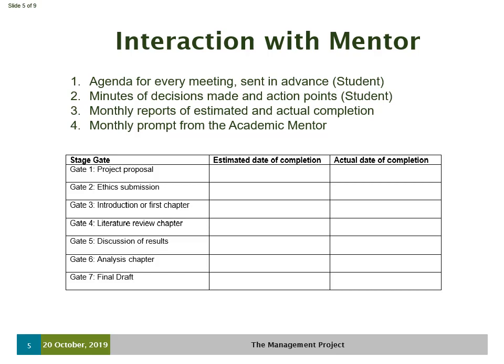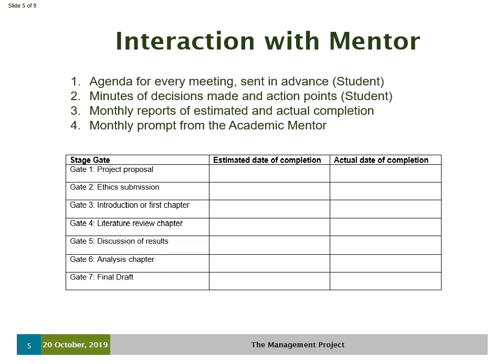You provided these for an estimated date of completion, and within the monthly reports that you provide to your academic mentor, you will also record the actual date so we can see any slippage that is happening and also what you need to do in order to accelerate the process in order to get back in on time so you're not leaving it for a rushed submission right at the end.